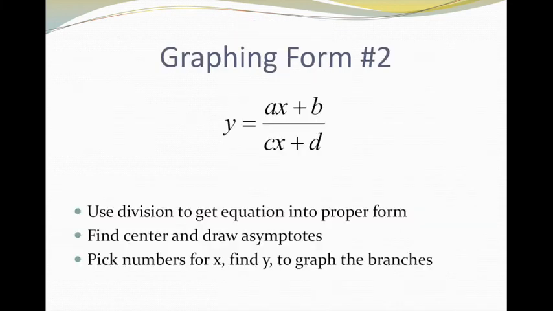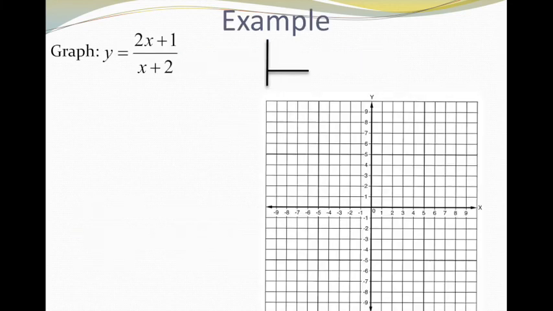Graphing form number 2. When we have it in the form of y equals ax plus b over cx plus d, we're going to use division to get an equation into proper form. Find the center, draw the asymptotes, pick numbers for x and y, and graph the branches. Okay, so I'm going to use synthetic division to graph this